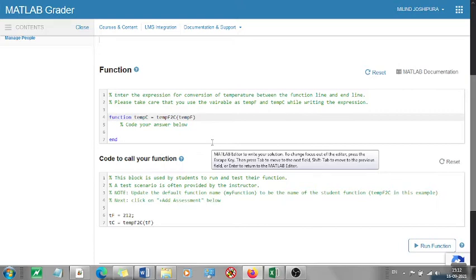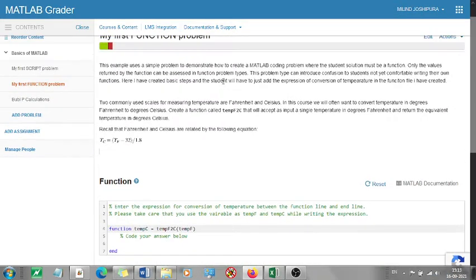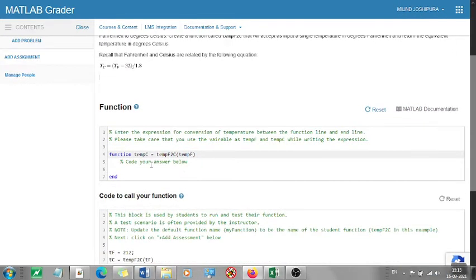Otherwise this is something you have to write. Here you have to write the function. You start with function tempC. I have given you the expression directly, like the variable tempC equal to tempF to C of tempF.